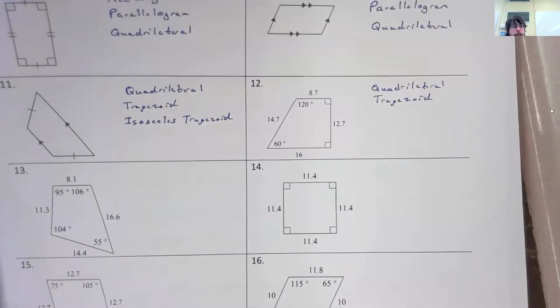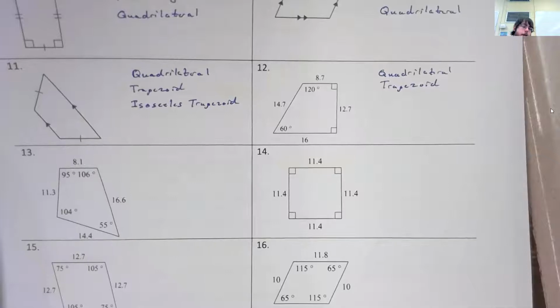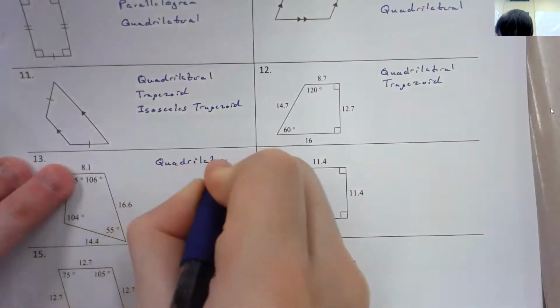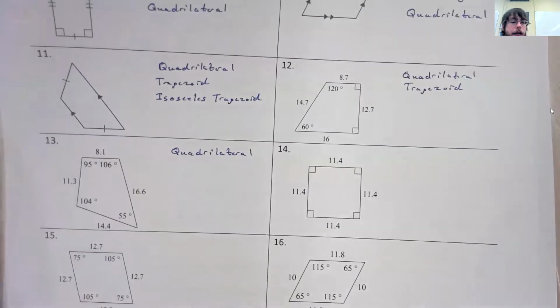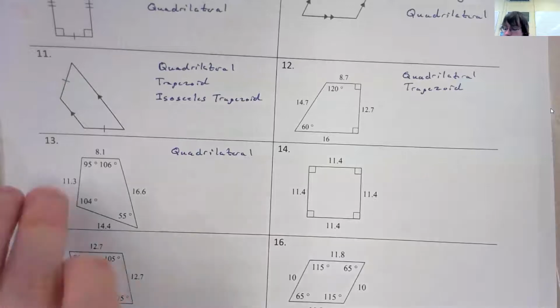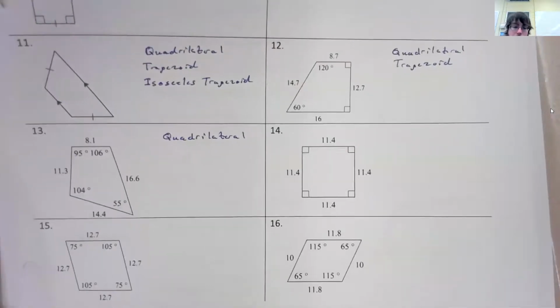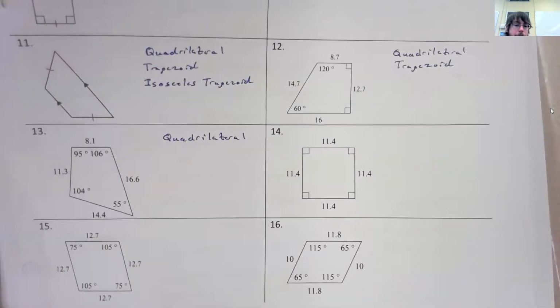All right, number 13. What type of shape is that? Well, it's got four sides, so we know it's a quadrilateral. And the question is, does it have any parallel sides? And here's the thing, if it doesn't have any parallel sides, then you can stop at a quadrilateral because all of the shapes that we're talking about need parallel sides of some sort. And we can see that none of these sides are parallel, okay? So this would just be a quadrilateral. All right, try number 14, 15, and 16 on your own,